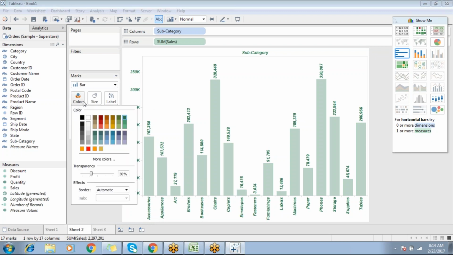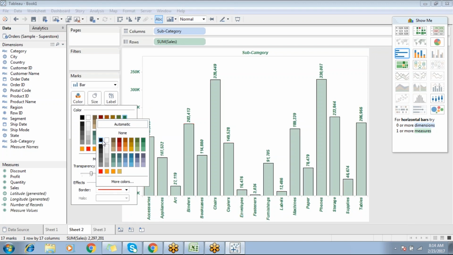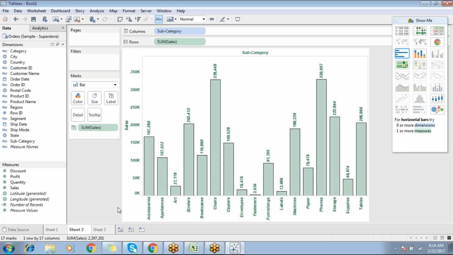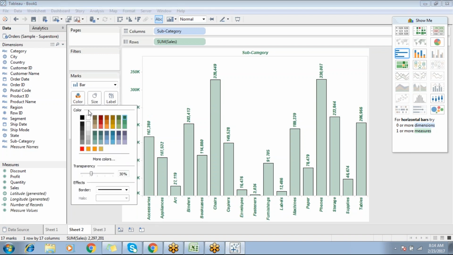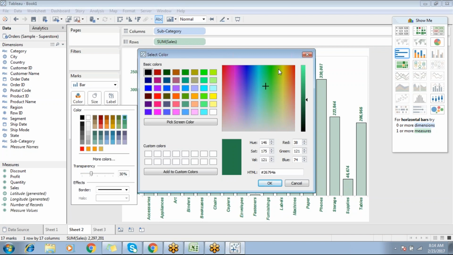You can apply some borders. You can apply border. Got it? And we know, like, RGB color coding, sometimes they want to go with a specific color range. Click on color, we have more colors. Click on more colors. If you want, you can select a color, or I want to go with an RGB